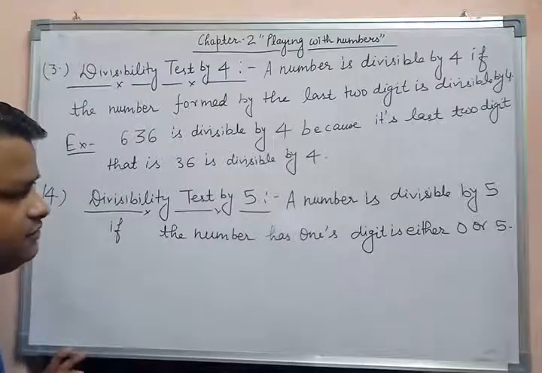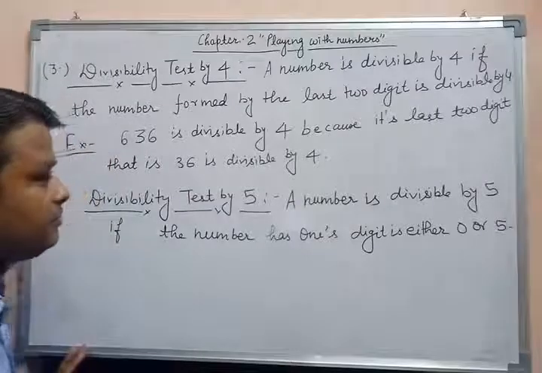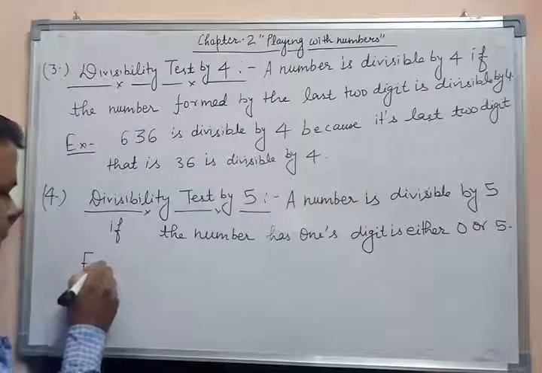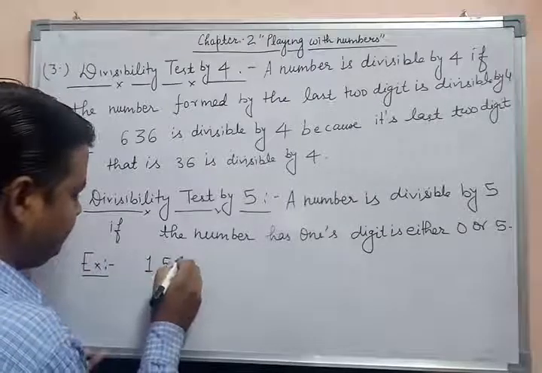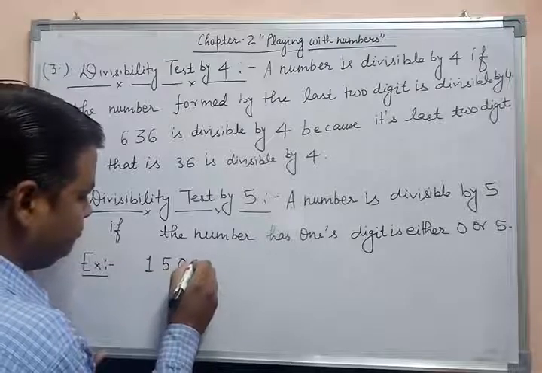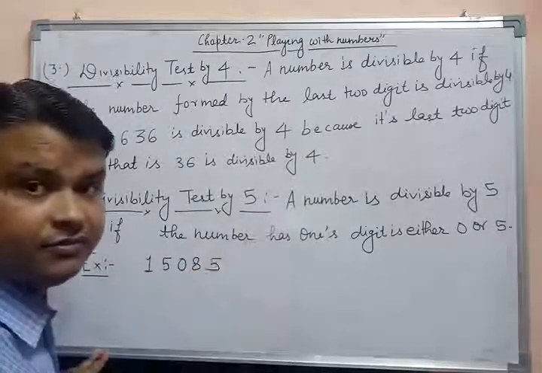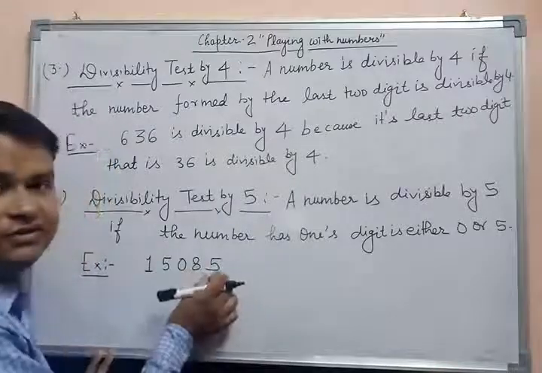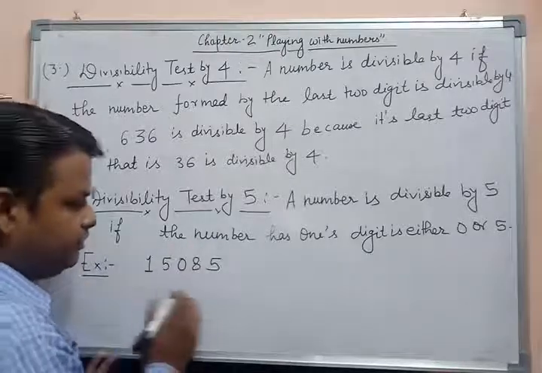If the number has ones digit either 0 or 5, this is the property of divisibility test by 5. For example, 15085. Students, this number will be divisible by 5 because its ones digit is 5. So a whole number will be divisible by 5